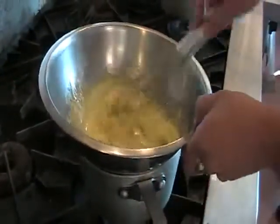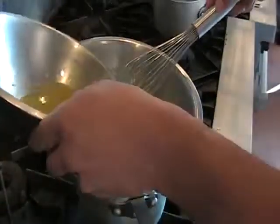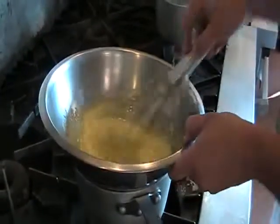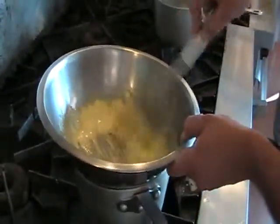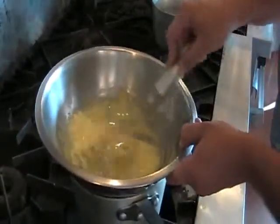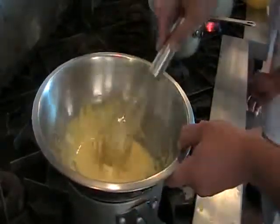So, a warm clarified butter. What do you think the best temperature for the clarified butter might be? About 110 degrees Fahrenheit. What temperature does butter melt? 93 degrees. So that's good. That works for us. It's clarified butter, it's going to stay liquid in an oil. And now we begin the emulsification. Step 5. We're whisking on the heat